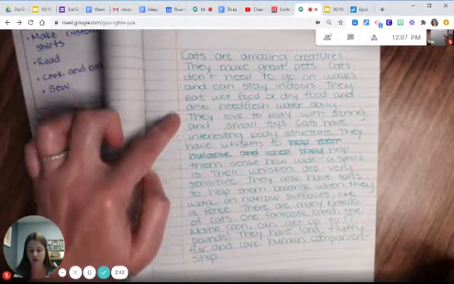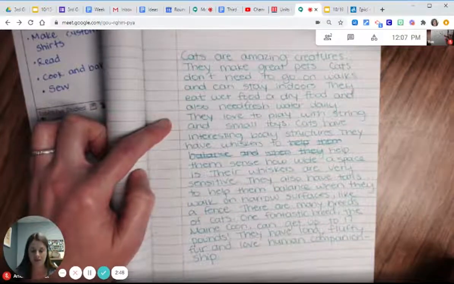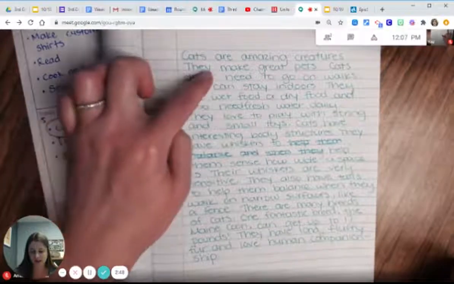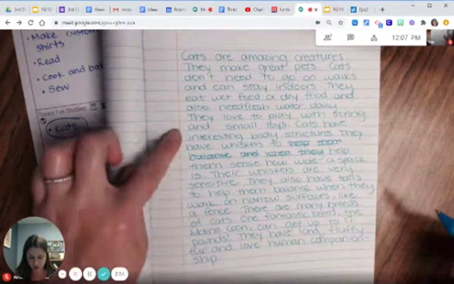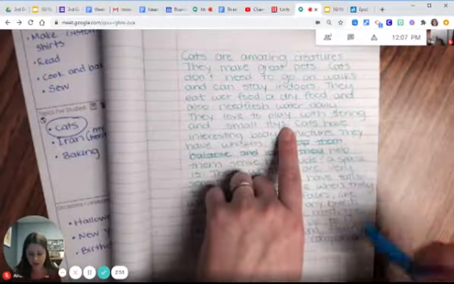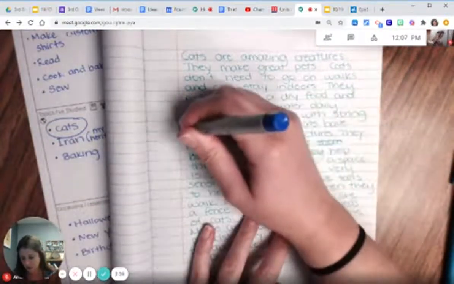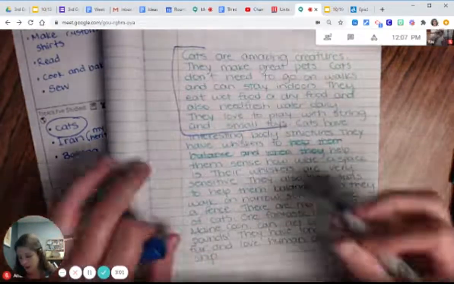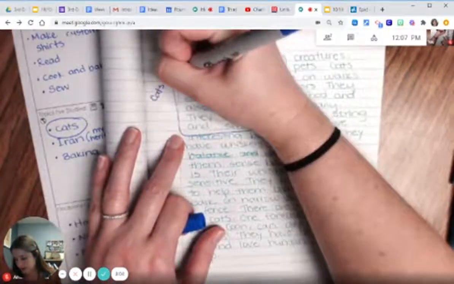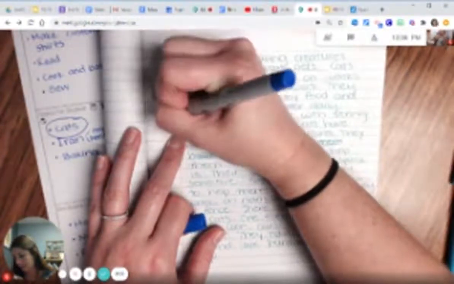So I start off by talking about how cats make great pets. And so I give some details as to why they make great pets. So I'm wondering if maybe up to here where I stopped talking about toys, if maybe this whole part here could be a chapter like cats make great pets. Okay. And so then I talk about the body structure.